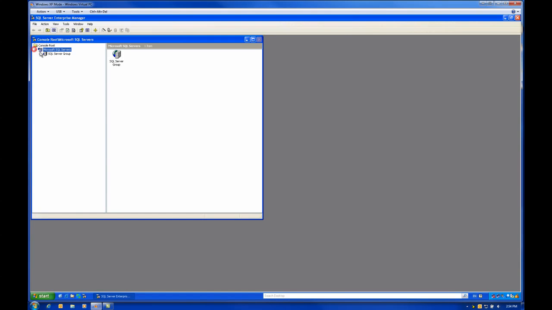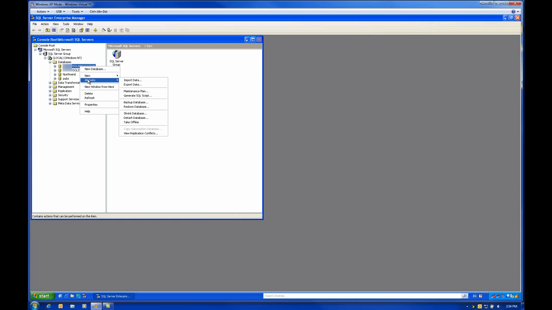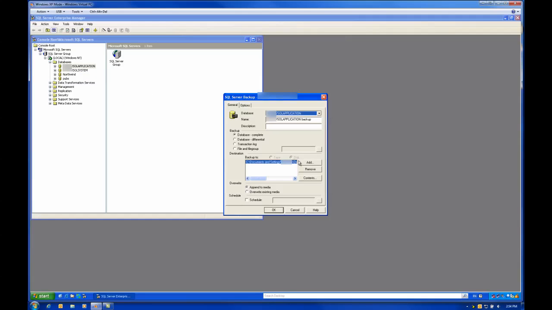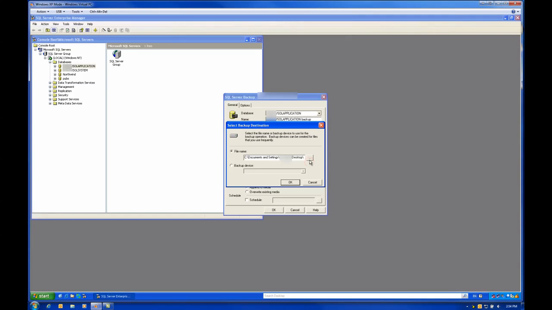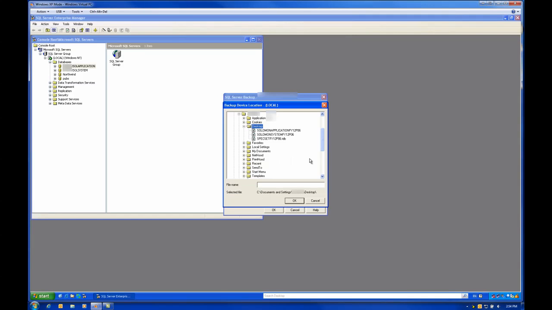So within Enterprise Manager, you need to navigate to your two databases that Solomon uses to hold all your financial data. Select the first one, which is the application database. Go to All Tasks, and then click Backup Database. We need to choose a location to put this backup, and so I'm just going to put it on the desktop. And I already did this once before, but usually I'll give it a name,